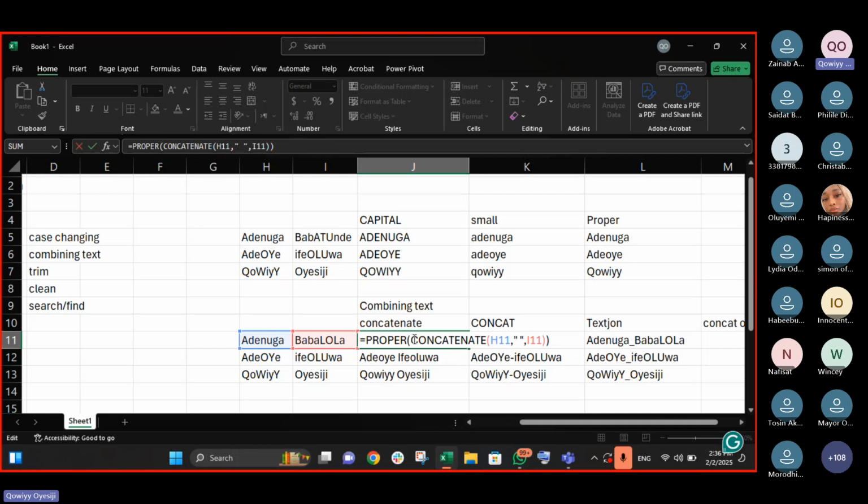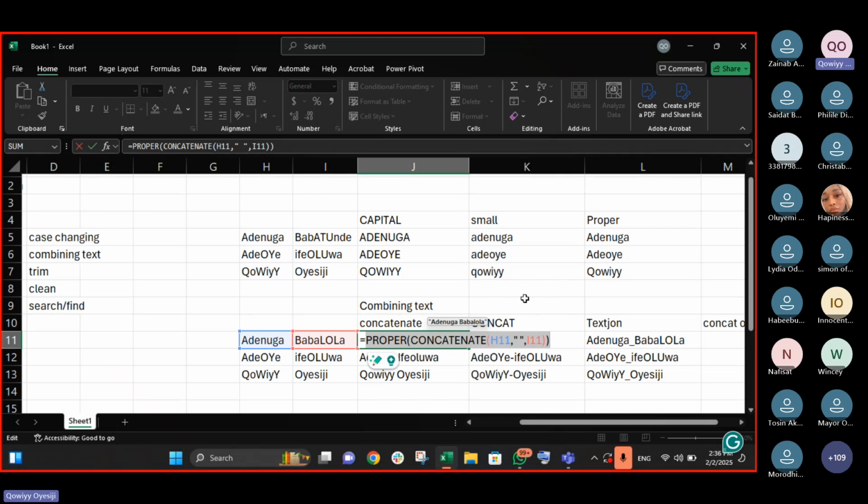The first action is going to be performed, which is to join the two together. After performing that action, this outer function will now perform its task. This one is going to perform the task of joining Adenuga and Babalola together. After performing that, it will now give it to Proper. Proper will now perform its own action of turning only the first letter of each word to capital letter.